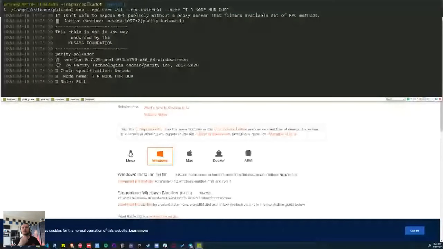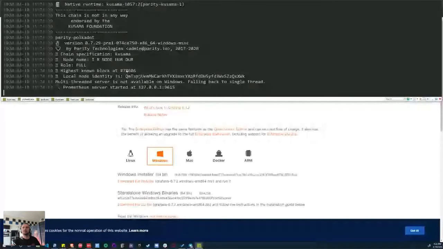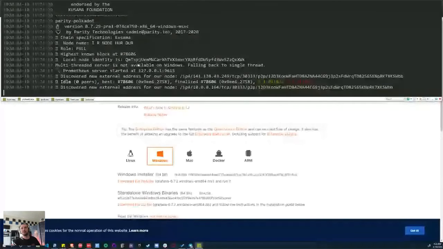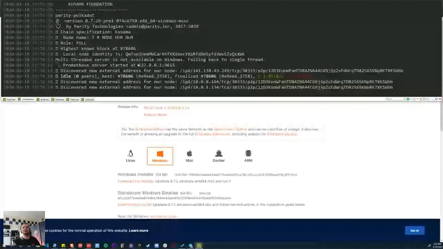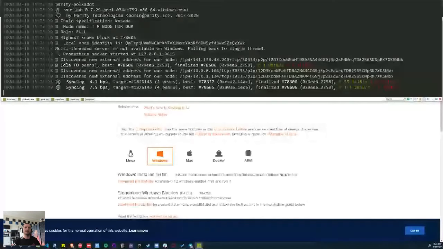Okay, there we go. Now you can see that this node is synced up to block 78,000. It's not even nearly fully synced. The highest block right now is like 1.9 million. But this is enough, right? So this is syncing right now, and it's downloading blocks and producing things. And while it is doing this, it is exposing